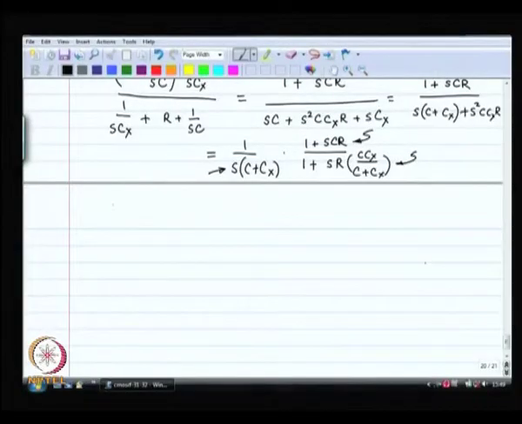So, you have got a pole at 0 at the origin, then you have got a 0 at minus 1 by RC, and then you have got a pole at minus 1 by R times C in series with Cx. Right. So, this is what I have got as my loop filter. So, this is called the loop filter,